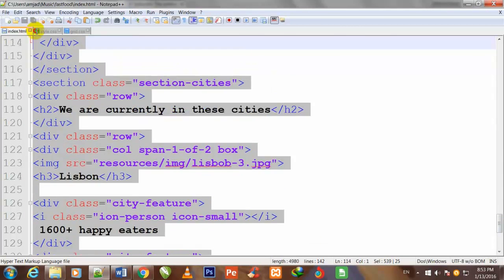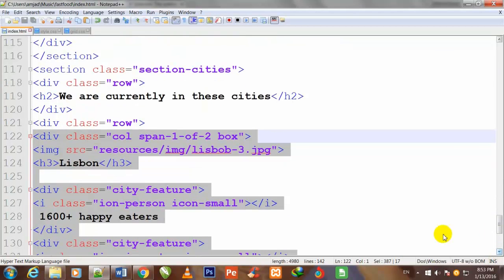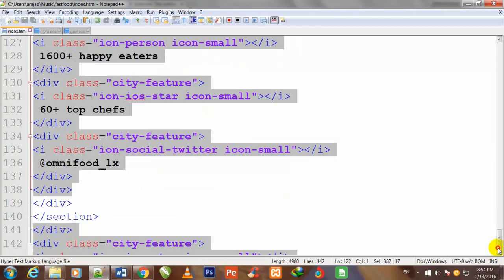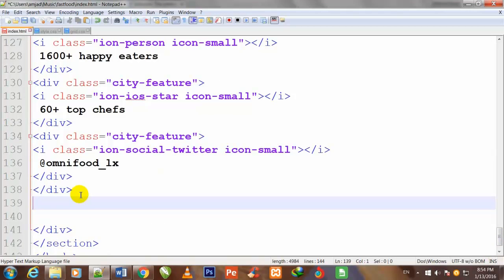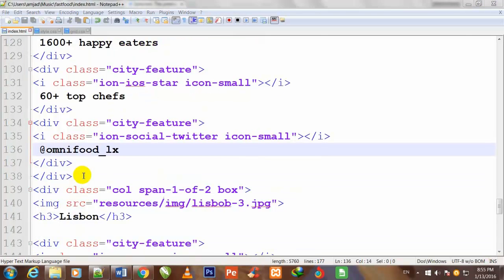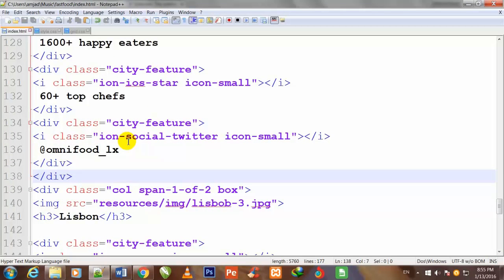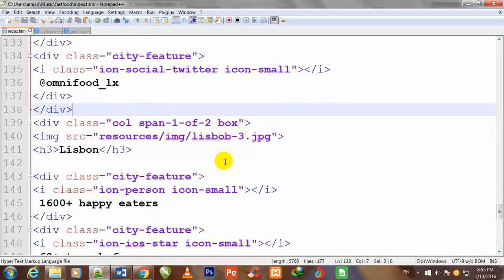So I copy all these divs and paste them here. So friend, you have seen that I have copied all these divs and I have pasted them down here. So friend, now I come down and change the names of these images and cities.